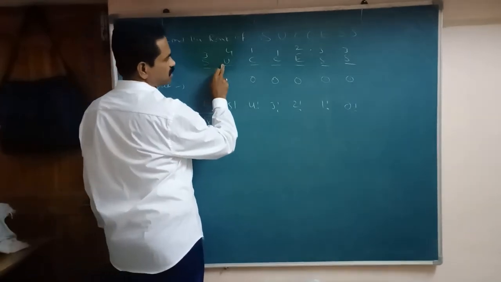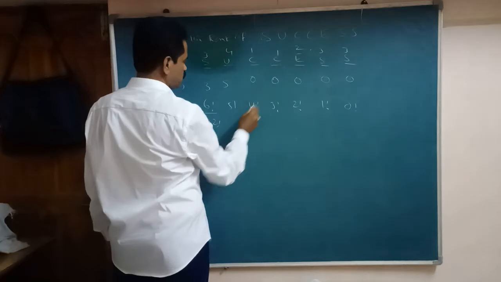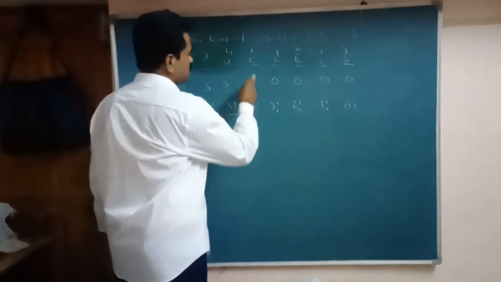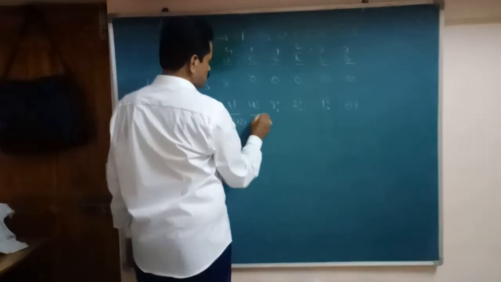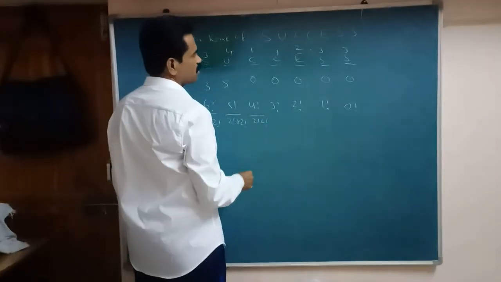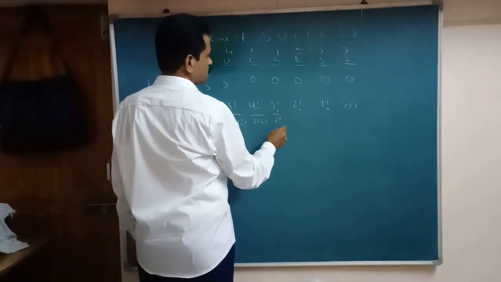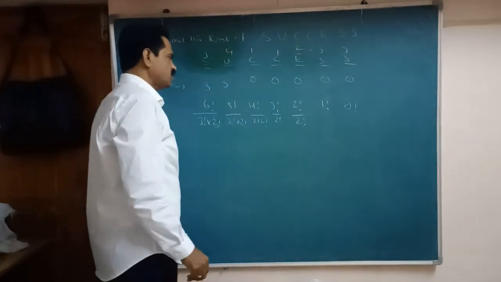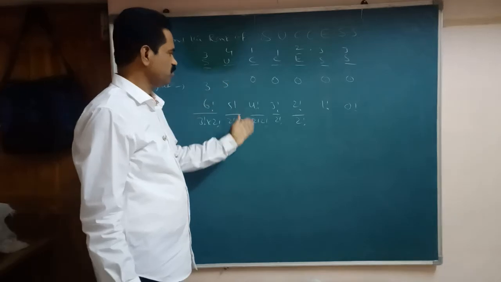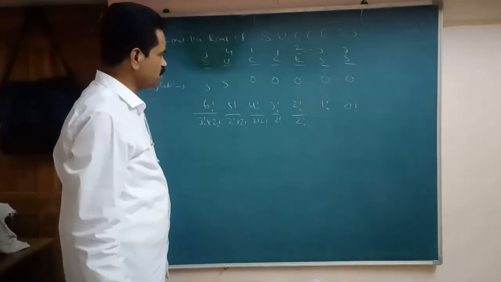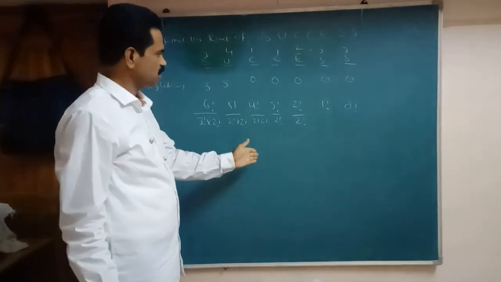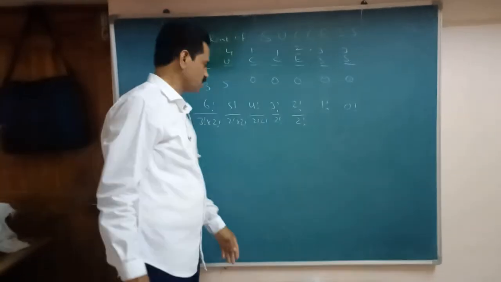U including S. How many repeated here? 2 C's, 2 S's. 2 factorial into 2 factorial. C including C, 2 C's, 2 S's, 2 factorial, 2 factorial. E, 2 factorial. So this 0 means no need to consider here. Up to here we take. Okay? In competitive exams, no need to write this one, worry about this one. So up to here is enough, plus the last add with 1.